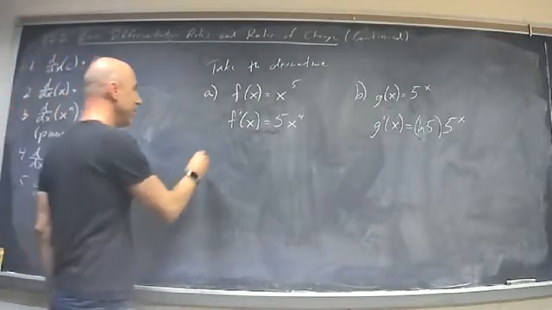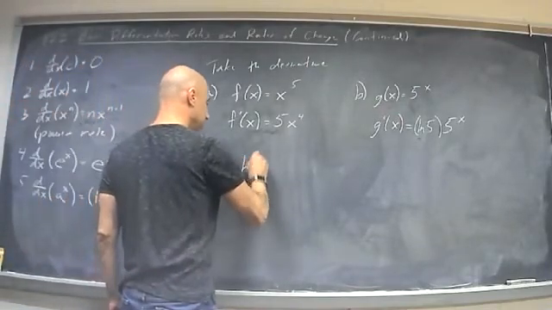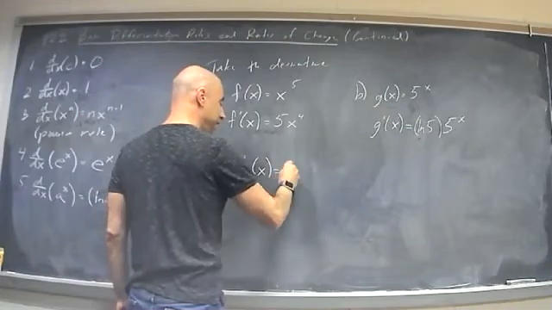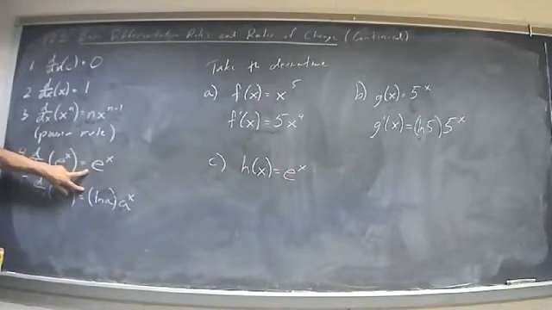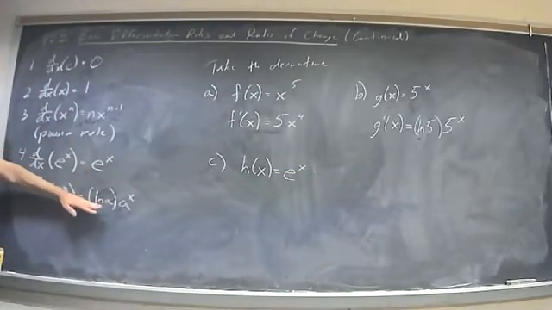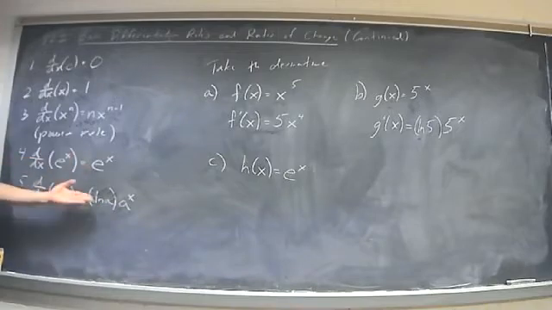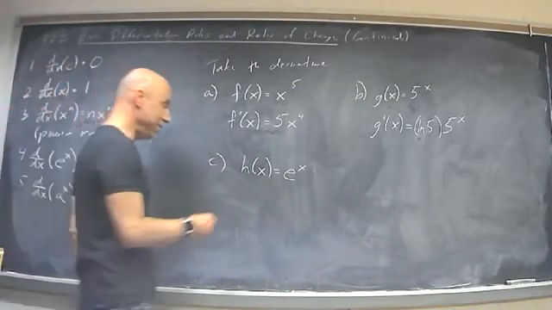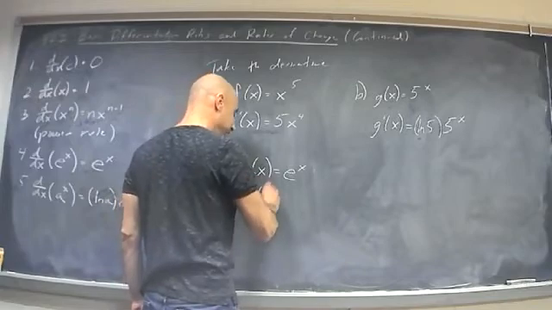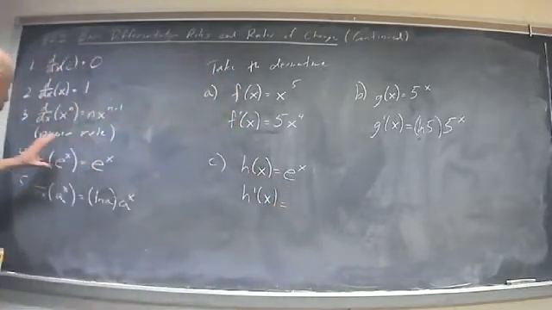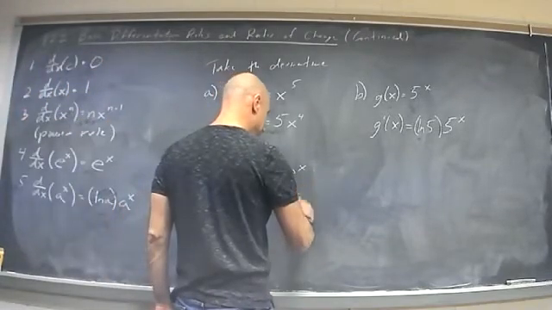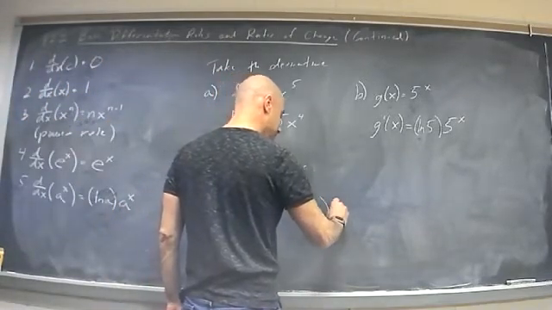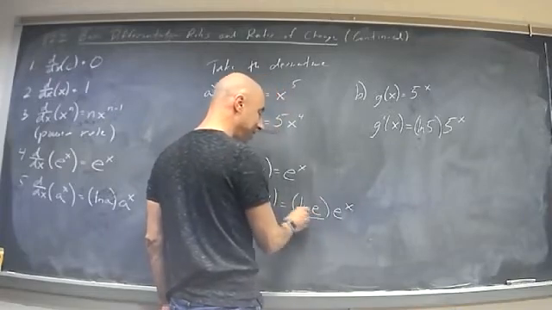And I said the derivative of e to the x is e to the x. These two are compatible. This is the more general of the two. If you want to try to use the second one on e to the x just by saying the base is going to be e, you could do that. H prime of x. You could just go ahead and write down e to the x using rule number 4, but if you wanted to use rule number 5 on it, that's fine. You would just write the natural log of e times e to the x, but the natural log of e,